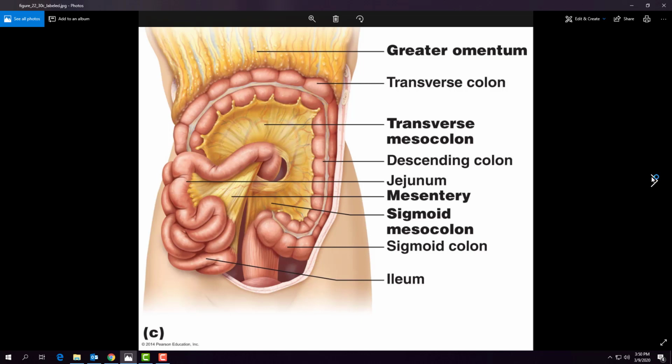All right, now there are two sets of tissues that are associated with the serous membranes of the abdominal cavity besides the peritoneum. We have what's known as mesentery and mesocolon. So mesentery is the material. If we think meso and entery, because enteric means small intestine and colon means large intestine, the material associated with the small intestine is mesentery, and then mesocolon is the material associated with